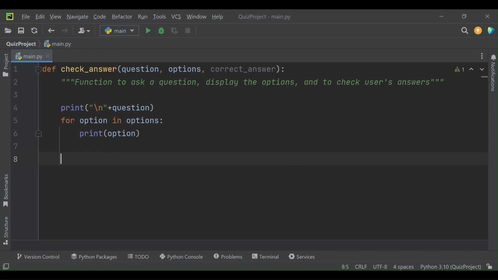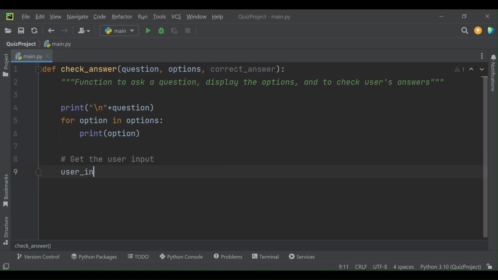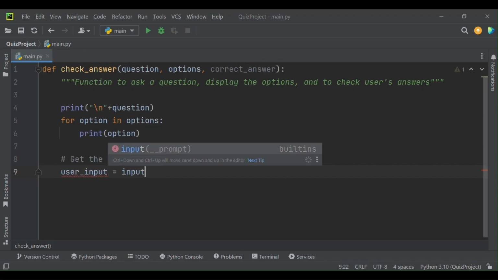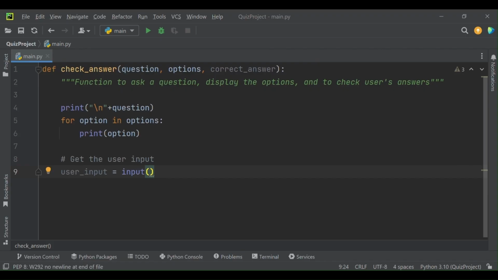Now after this statement, we will be getting the user input in a new variable called user input, and here we will use input function, and inside this function we will prompt the user enter your option, and then we will tell them what options do they have, A, B, C or D.